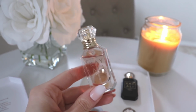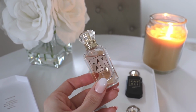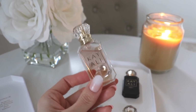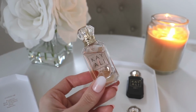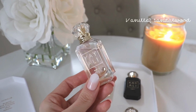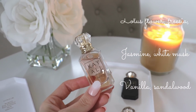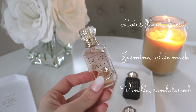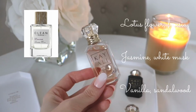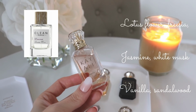Okay, now let's talk about the last one, and you guys, this is the one that I feel for myself is full bottle worthy, and I would probably and will probably buy a full bottle of this. And this is Kayali Musk. So this has notes of lotus flower, jasmine, musks, vanilla, and sandalwood. And again, this fragrance reminds me of another very well-known fragrance, which is called Clean Skin from the Clean Reserve line. I don't know if you guys have ever smelled that one, but it basically smells just like clean, musky